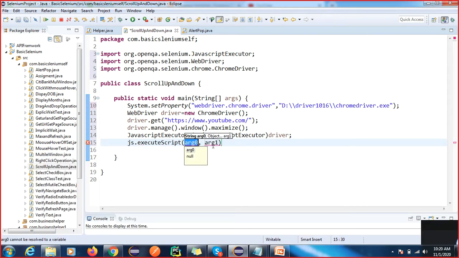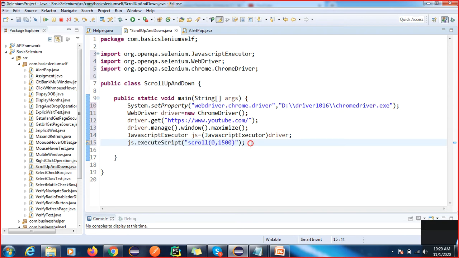So this method, a scroll, will work like an xy coordinate. I'm going to give a value like 500 here. When I execute, you will be able to see how this is working.